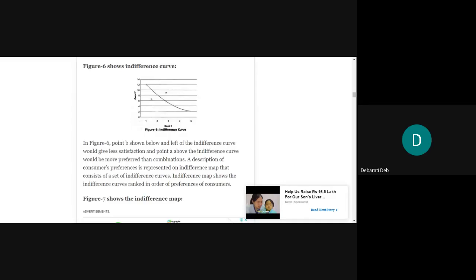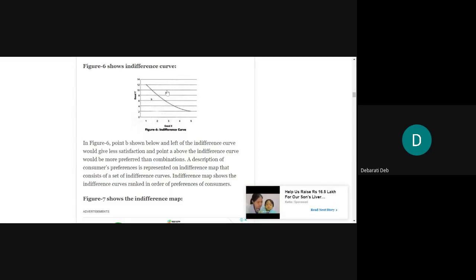Okay, so that was the concept of indifference curve, and then we understood that if we consider any point which is lying below this curve, say for example in your screen you can talk about the point B. If you consider B, then it is said to be falling on the left hand side and on the lower side of the indifference curve. If we consider this point B, then in comparison to this indifference curve, this combination of B is going to give less satisfaction or a lower level of satisfaction to the consumer.